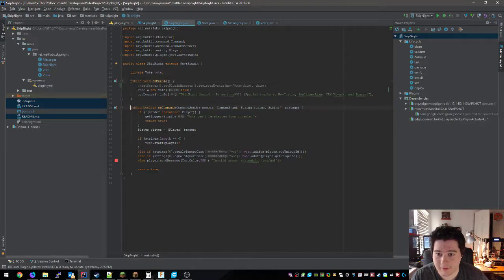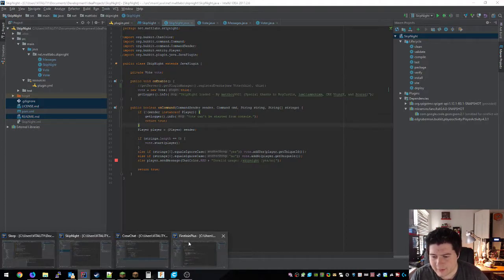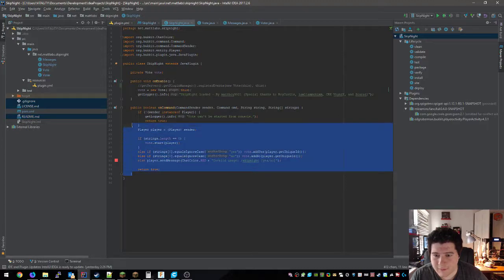But down here, this on command is what happens when you run a command. And I'm not completely sure how to interpret this. So with just this one command here,